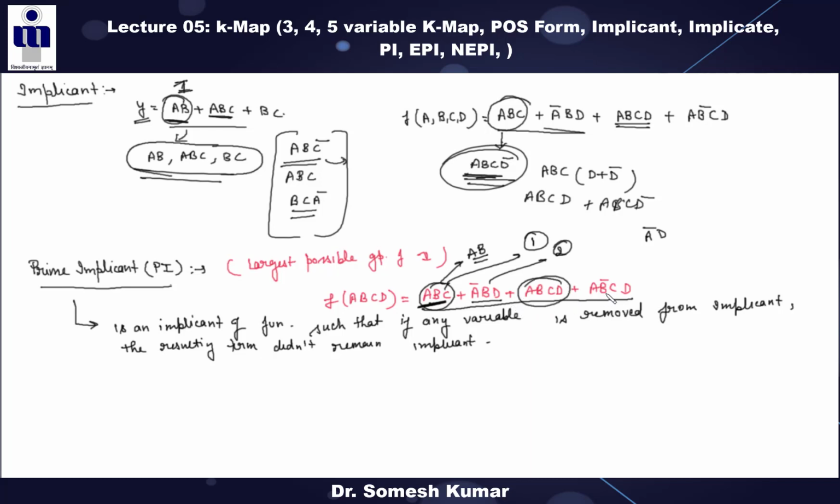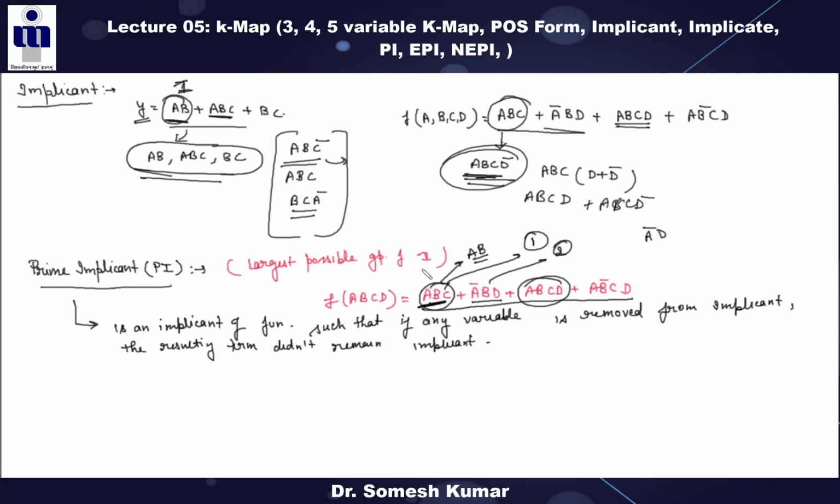Next, what about A B bar CD? Clear about this, as per the theoretical statement. Now the question comes: sir, it takes a lot of time if you find prime implicants by this method, right? My answer is yes, it will take more time. So now I am telling you how to find the prime implicants by using the K-map.